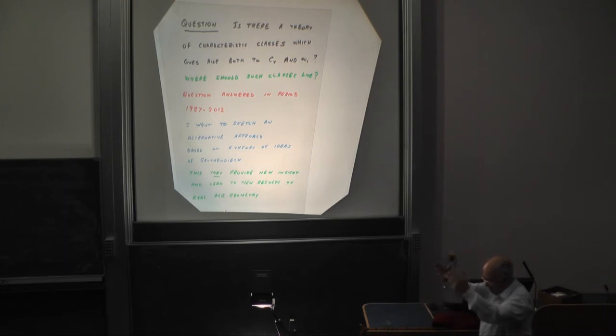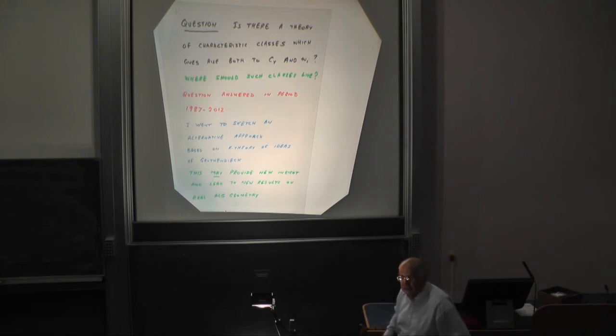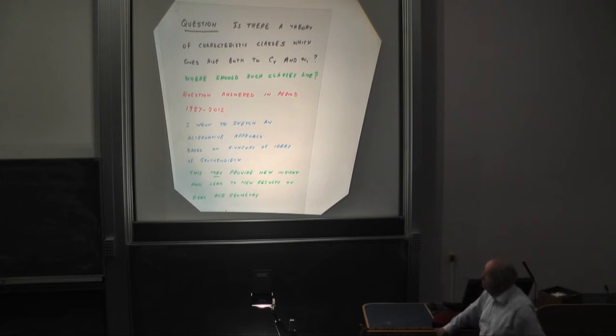Is there some other theory which lives above, which specializes to both of these, so that you could say a real vector bundle has real characteristic classes in some sense, which should generalize this? So that's the question you might ask. And I started to think about this a few years ago when I was worried about mod 2 invariants of various kinds,